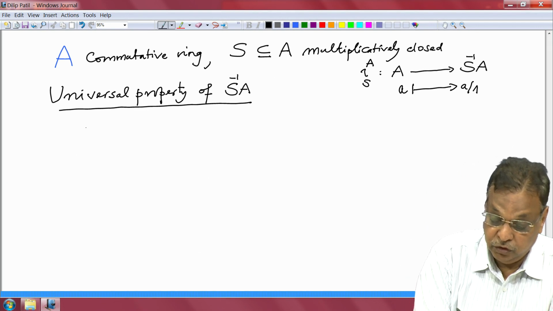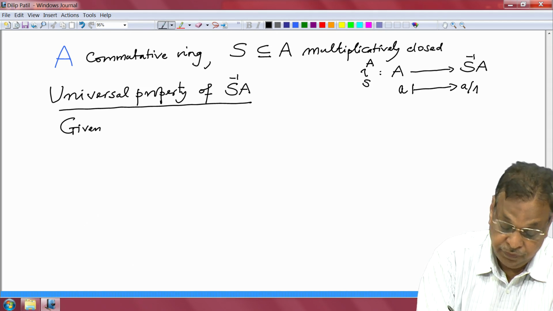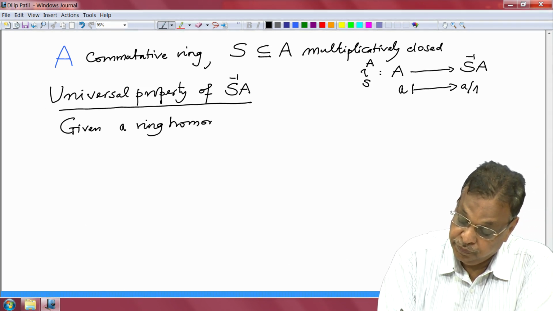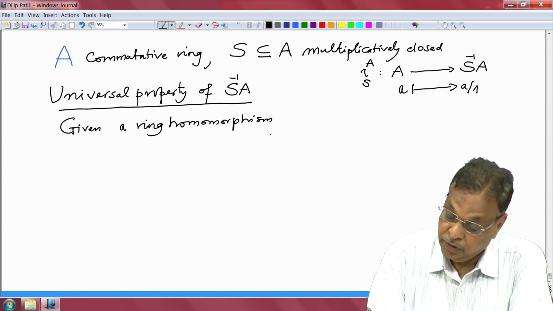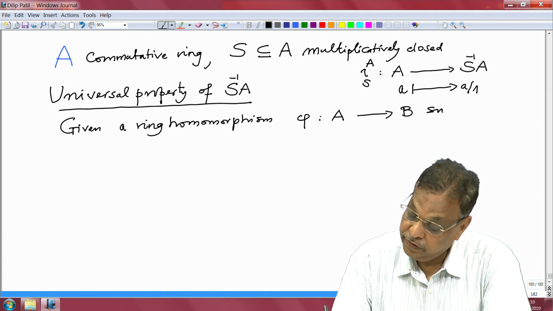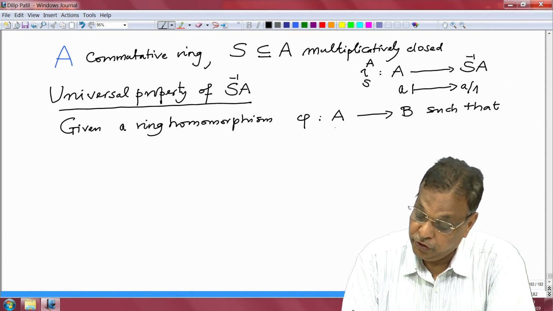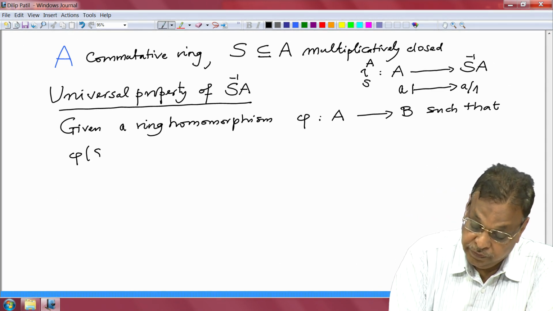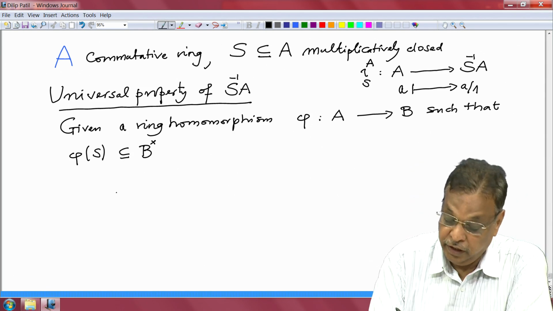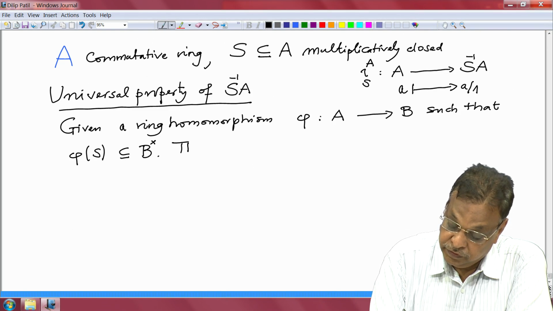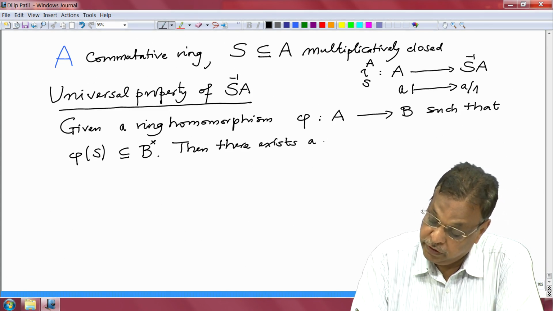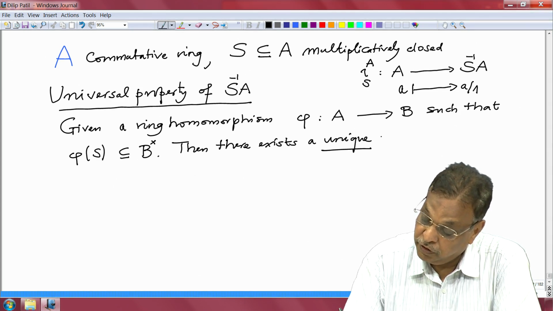Alright, so given a ring homomorphism phi from A to B such that the image of S under phi, phi of S, is contained in the units of the ring B. Then there exists a unique ring homomorphism